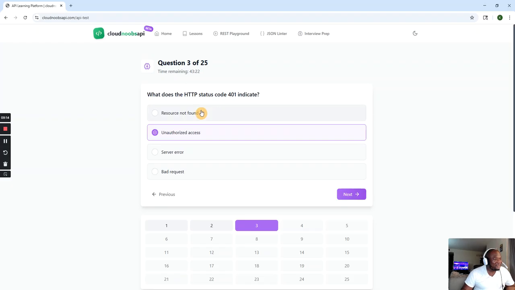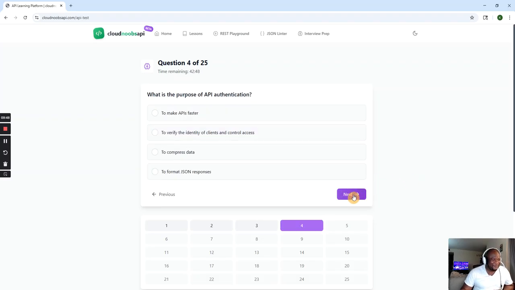So we have user error and we have server error, and 401. 400 is bad request, 401 is unauthorized, 403 is forbidden, 404, yeah. I used to have it all in my mind, but we're working on it.